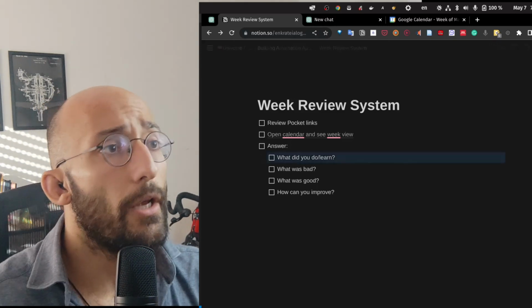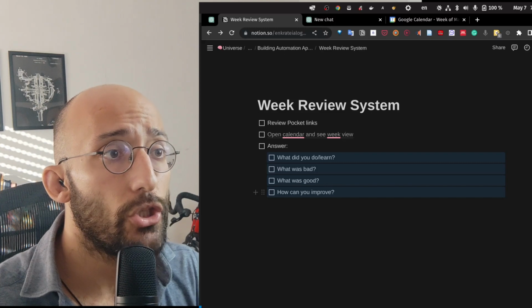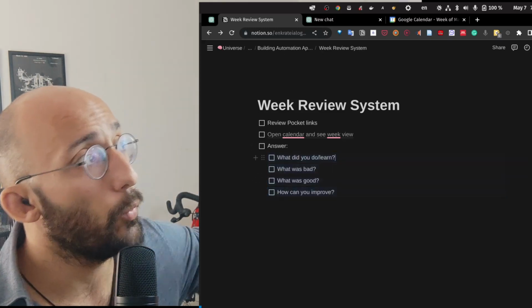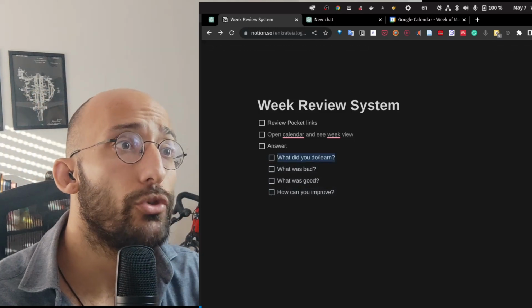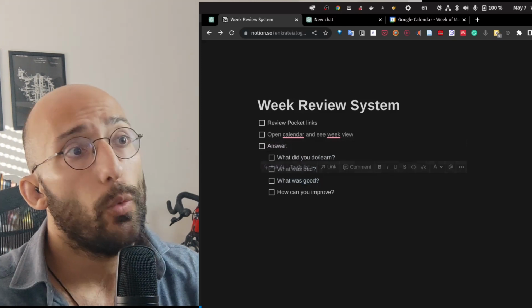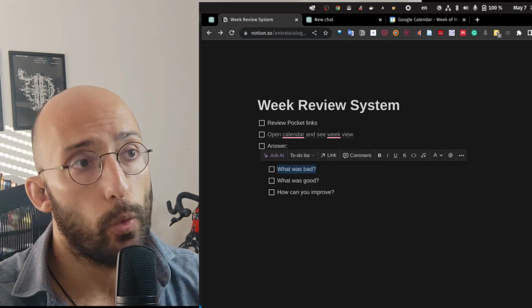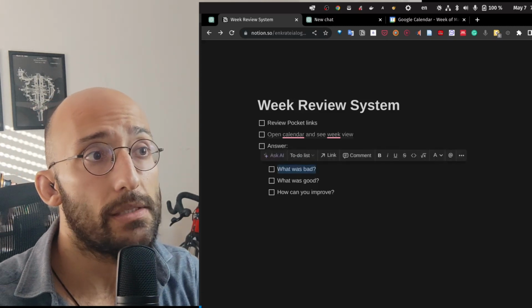Okay. So now I'm going to be automating this process by having ChatGPT take in as input the table with the information of the tasks that I did, right? And it will generate an output that's structured to respond to these questions. What did you do? What was bad? What was good? We're going to walk through an example of how I can get around these questions, because obviously